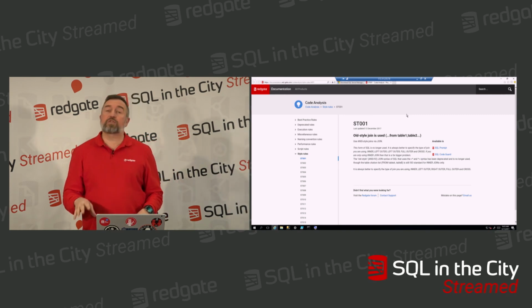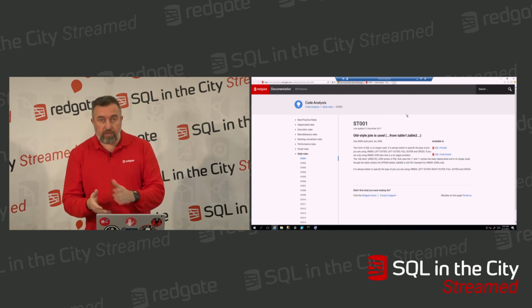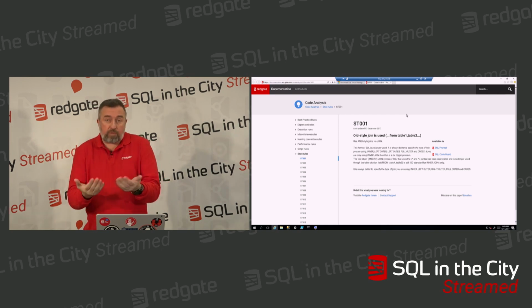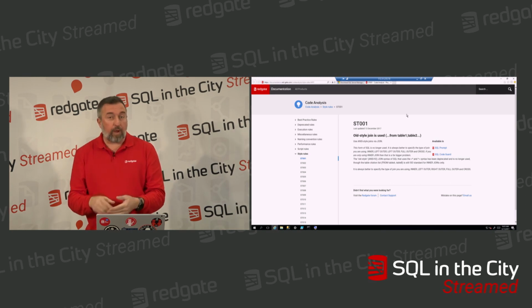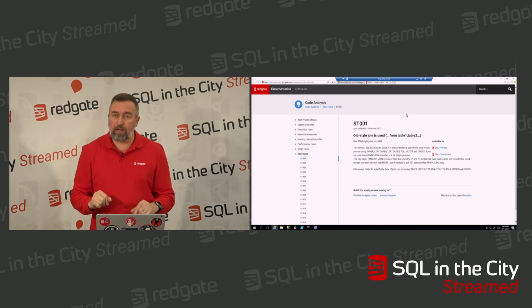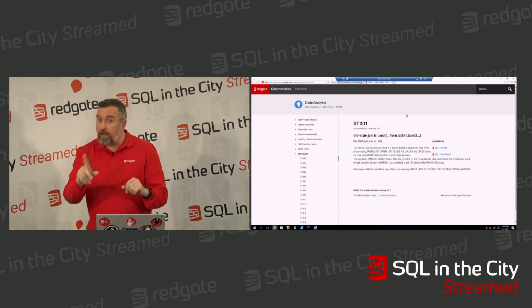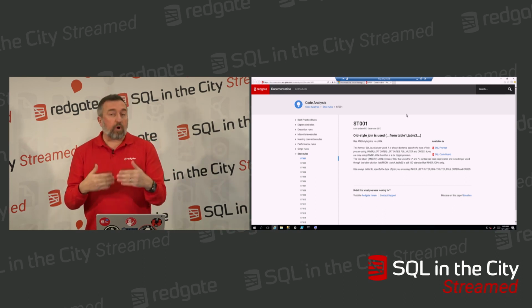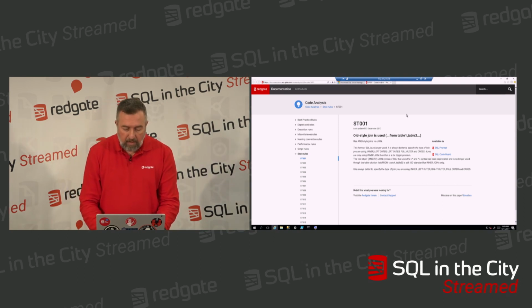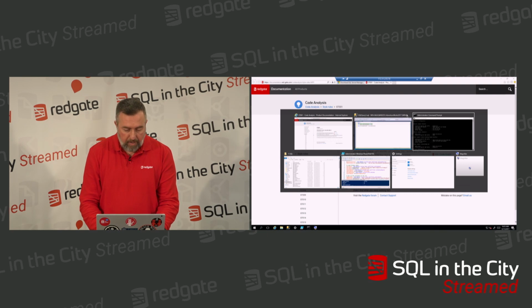But the whole idea here is that we're going to create these code standards, and let you enforce them. We're not going to enforce them for you, but we're going to identify them for you as you're typing. You see that if I hit select star, it's going, don't do that. If I do the old style joins, it's going, don't do that, right? It's giving me this prompt so I can make changes to my code. That's great stuff, but it gets better.